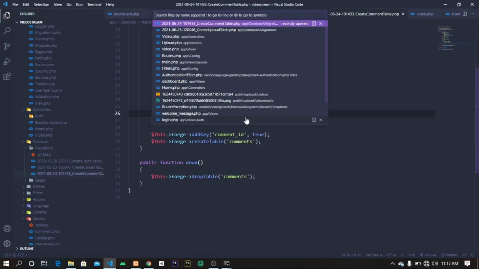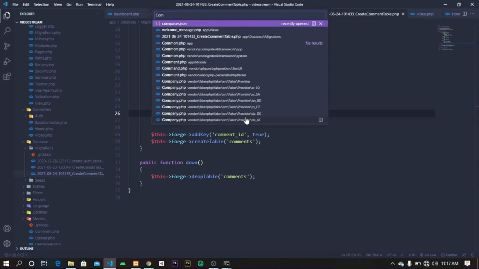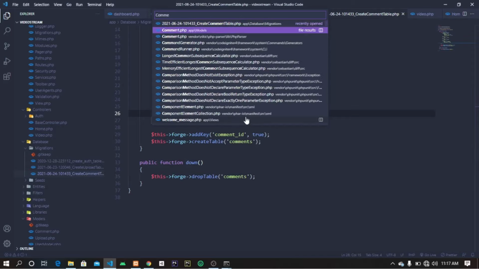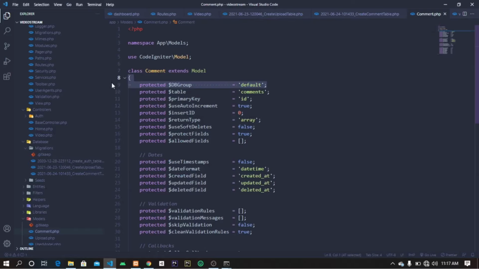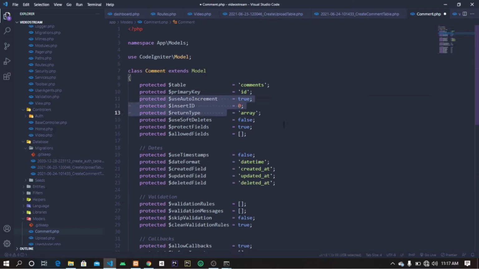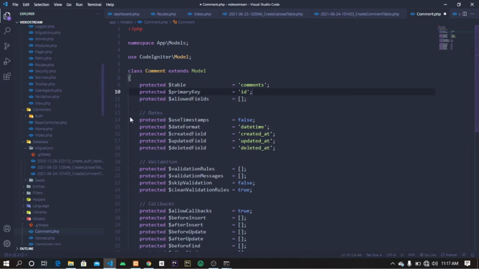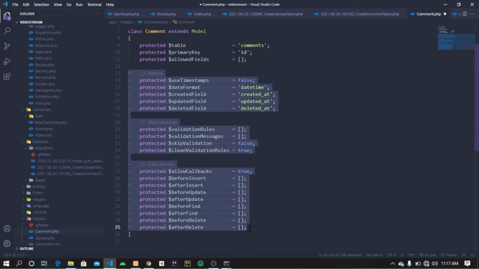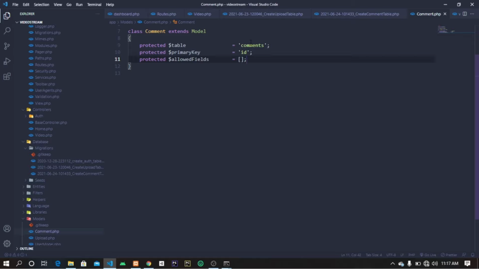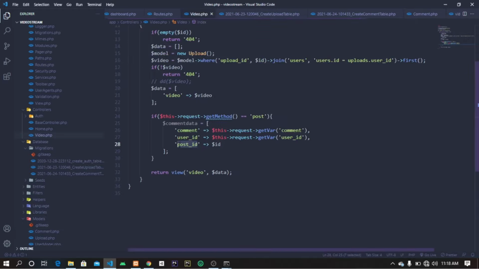Okay, so let's go ahead and search for comment. So this is it right here. Yeah, we don't need this. We don't need all these. So right here, we are allowing the user ID, post underscore ID and the comment itself. Okay, good. So let's go back to the video and let's do